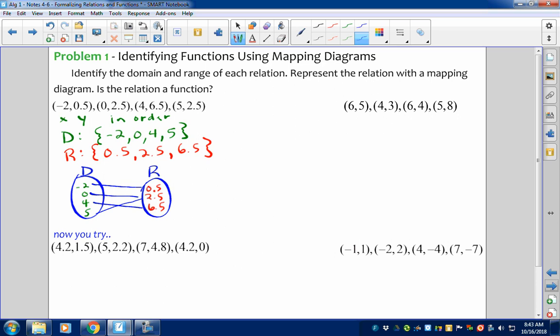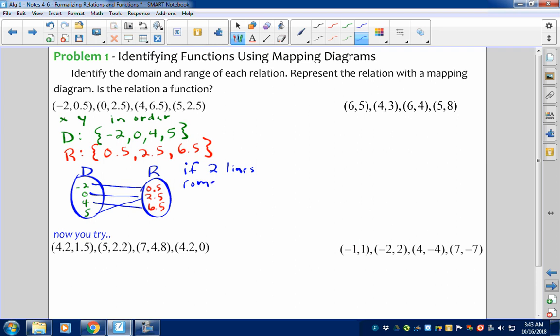And then the final thing that we're going to do with these is answer the question, is the relation a function? And to answer that, here's what we're looking for. Remember what I said, you can't have 2 points stacked one above another if it's going to be a function? You can tell very easily in the mapping diagram if you have 2 points stacked, one above the other, if there are 2 lines coming from one value of the domain, it's not a function. So we're going to look for 2 lines. So maybe write this down. If 2 lines